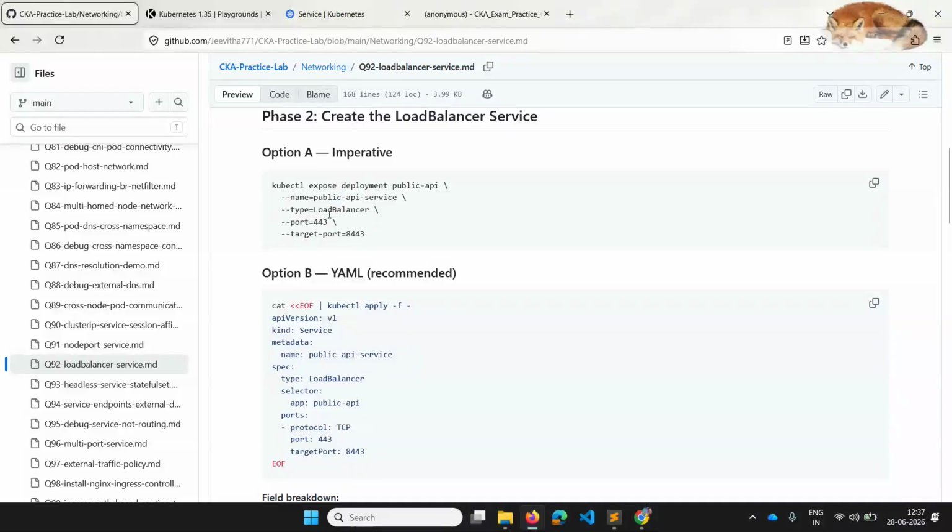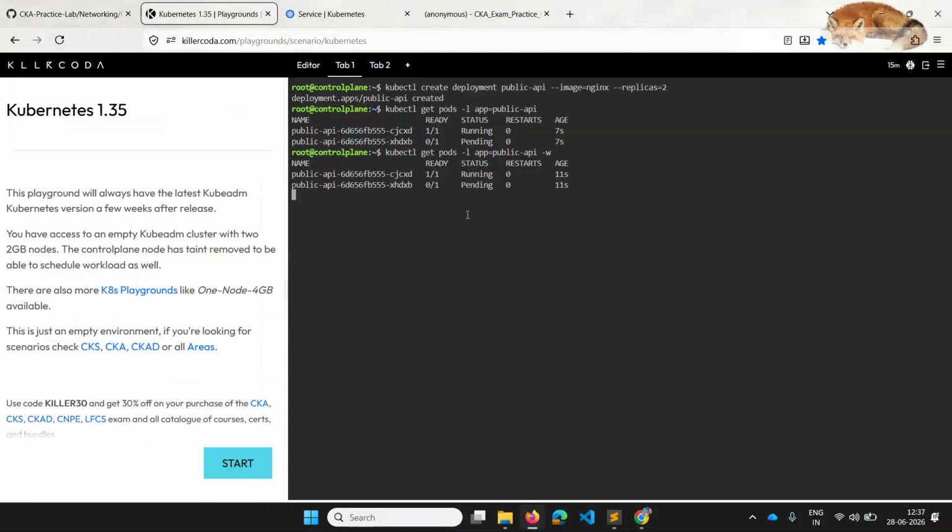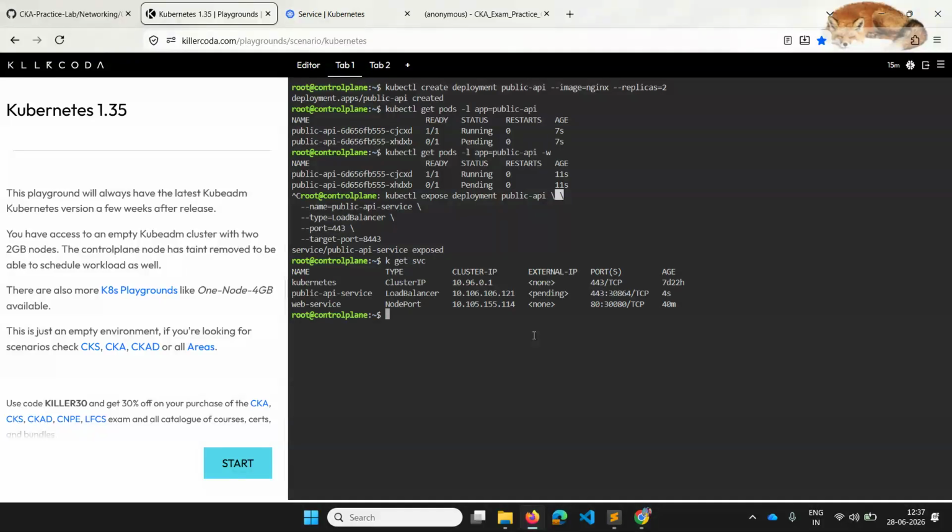Otherwise, if you are good, you can use just an imperative command. So this is still in a pending state, and if you do get svc, you see that an external IP is not needed by node port or cluster IP, but it is needed for the load balancer.